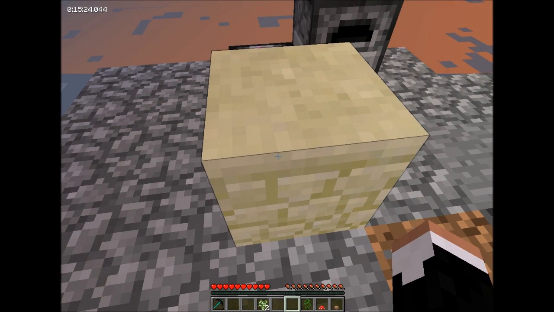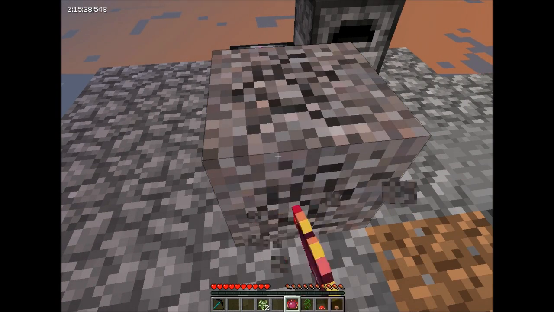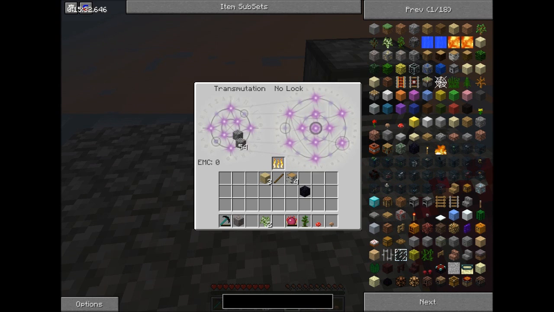Doesn't make for fun times. Okay, let's transmute that back into gravel. Now, we're going to teach this thing about cobblestone. We're going to teach it about wooden planks, about sticks, about wood,